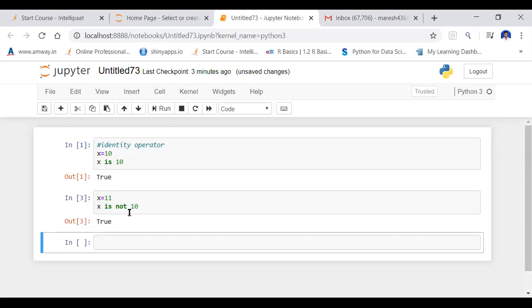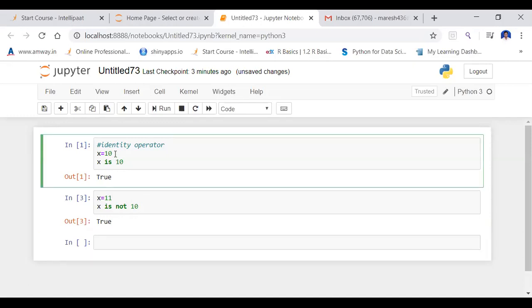For x is 10, if we write x equal to 11 here, then it will show false output, sir. In the first case, it will show false output.